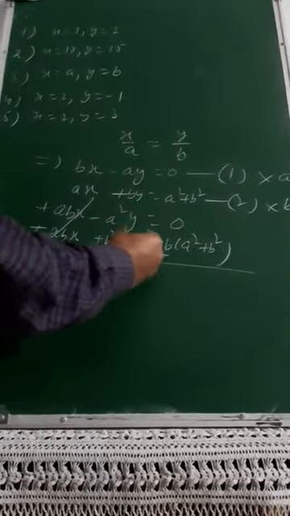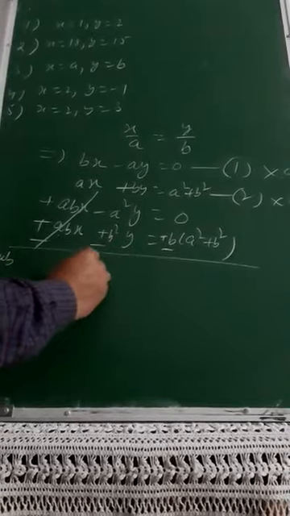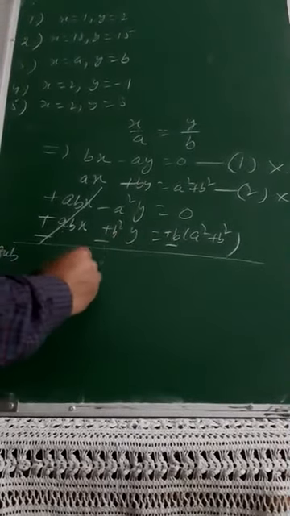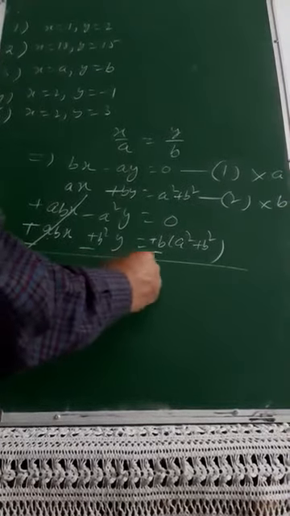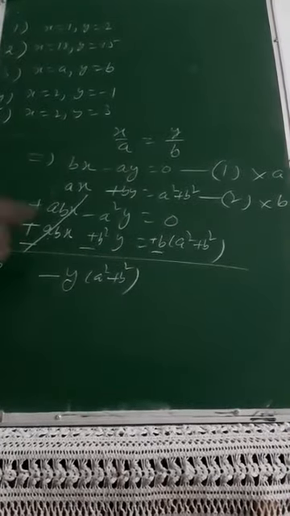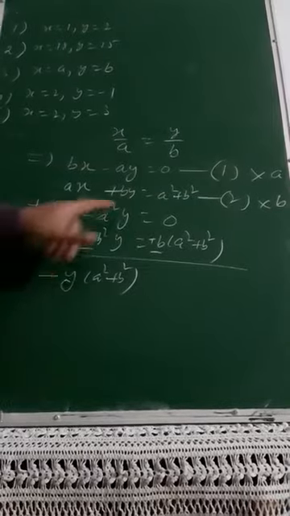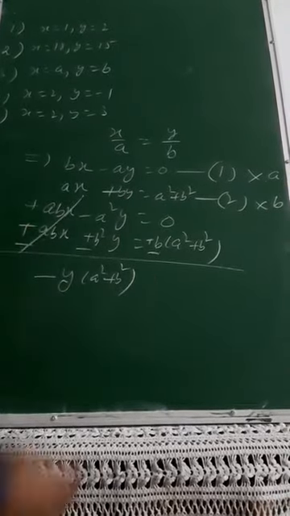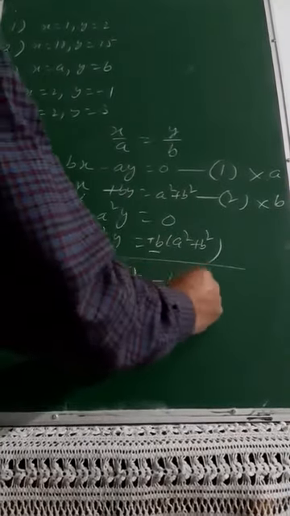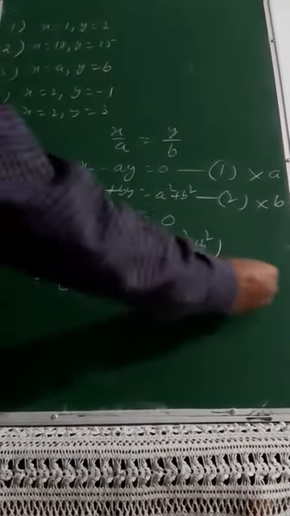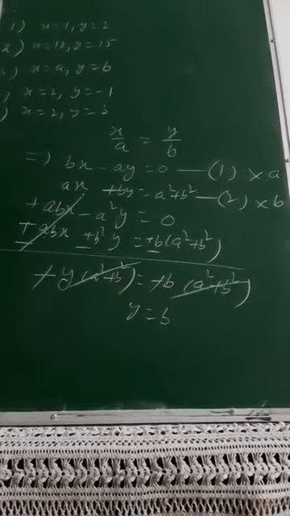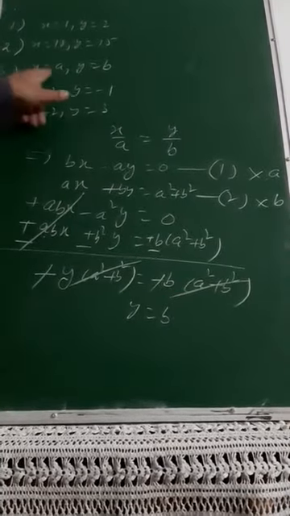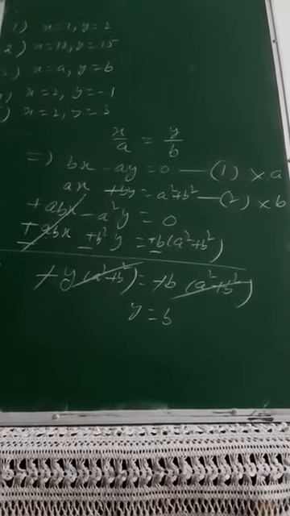In a square y and b square y, I am taking y common, with minus sign also common. So inside the bracket I will be left with a square plus b square only. Minus sign is there in both, I have taken common. y is there 2 times, I have taken common. And here you are getting minus b into what? a square plus b square. Don't you think I can just cancel this with this? Minus sign with minus sign. Straight away I am getting y is equal to b or not? y is equal to b was the answer for this.